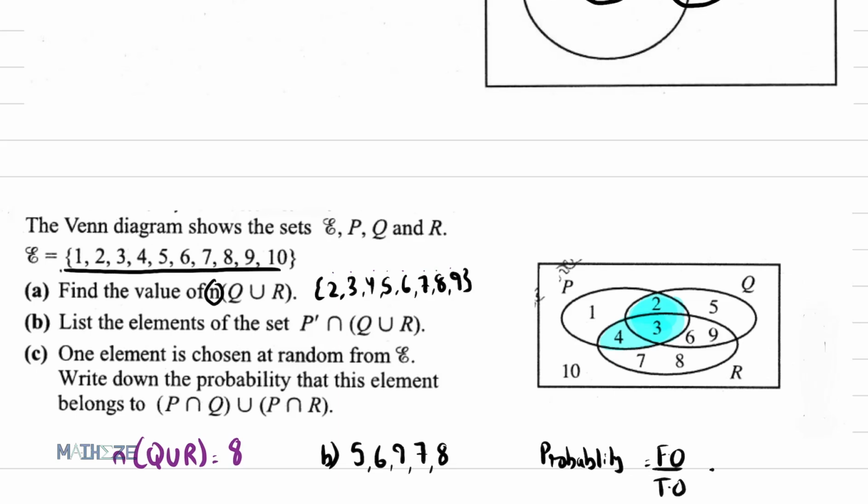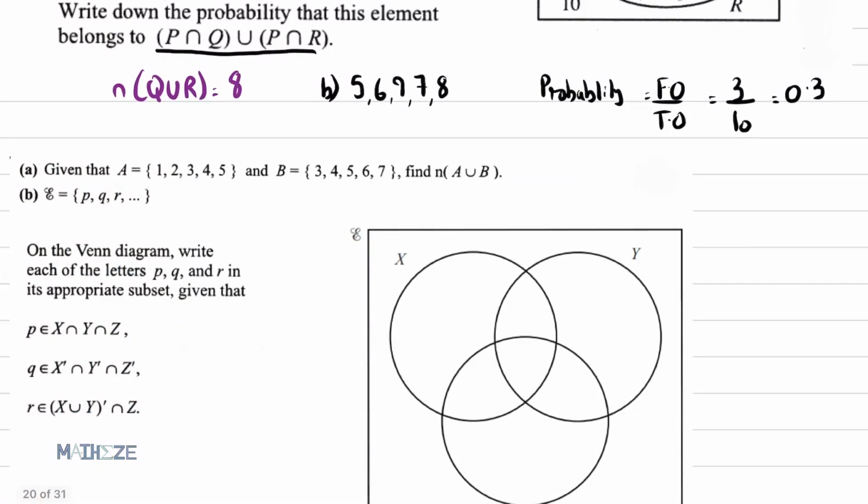So there are 3 elements that are part of this set notation, 2, 3 and 4. And in total the question has 10 elements. So my probability will be 0.3. Got this? Once I get this one last question and we'll end this